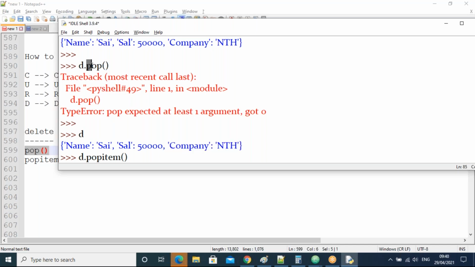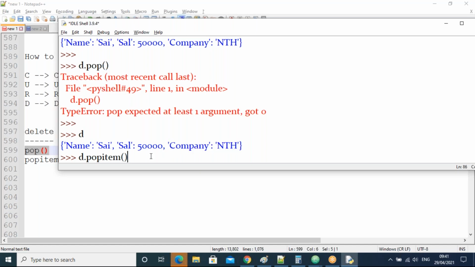See, in the pop, if you don't specify any argument, it will throw an error. In the pop item, the parentheses must be empty always, so that it will remove the last one by default.